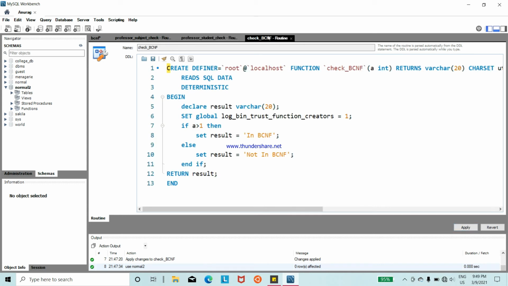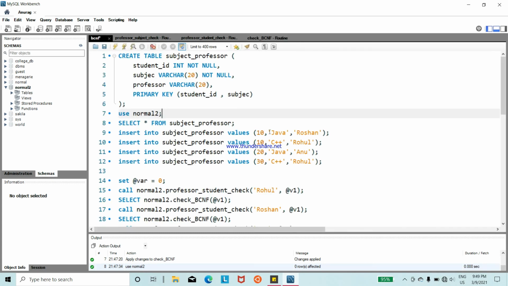And similarly, we create a function in which if we get a value more than 1, then set the result as in BCNF, and if we get the result equal to 1, then set the value as not in BCNF. Let's check here.